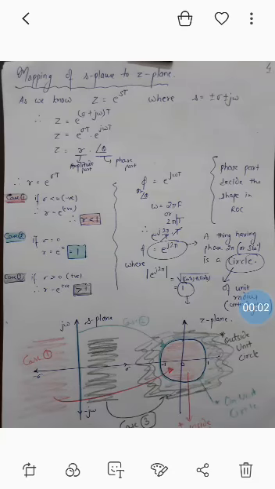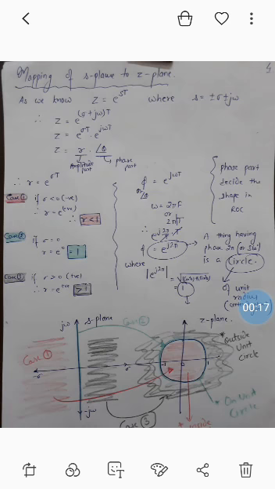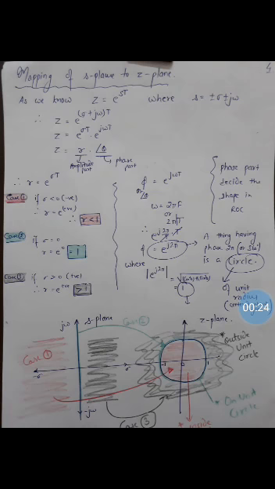In continuation with the last lecture, the introduction to Z transform, let's move to the next topic, mapping of S plane to the Z plane. As we know, z is equal to e raised to power st, where s is given as plus minus sigma plus minus j omega. All the four cases, all the four quadrants, we can say.